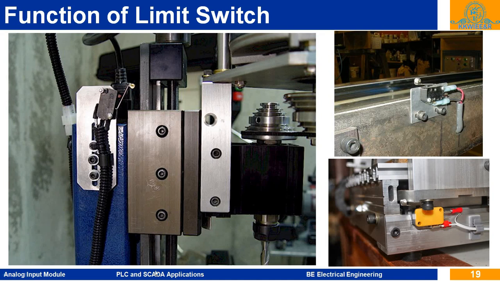So when the downward drilling is finished, the limit switch gives the command to the motor which is moving this lead screw. This motor will start in the reverse direction and this tool head will move in the upward direction. When this limit switch gets operated by this portion, it will turn off the supply for the motor. So when the motor is rotating in the reverse direction, that is turned off.